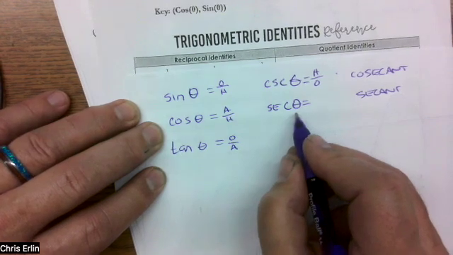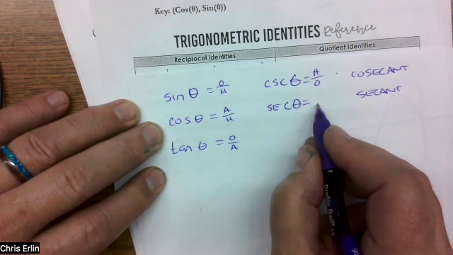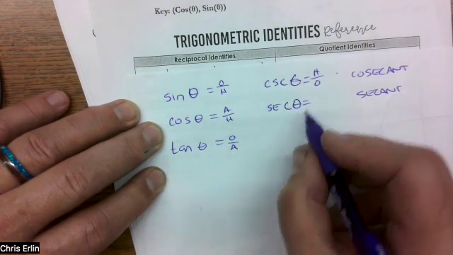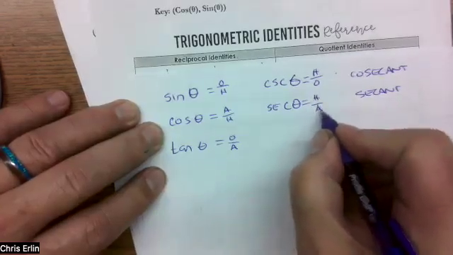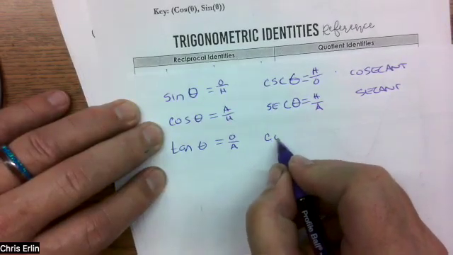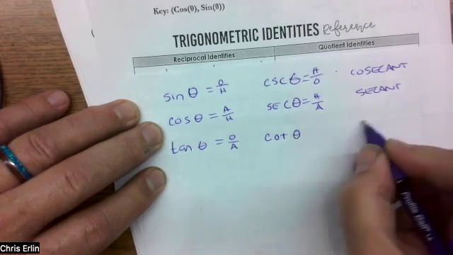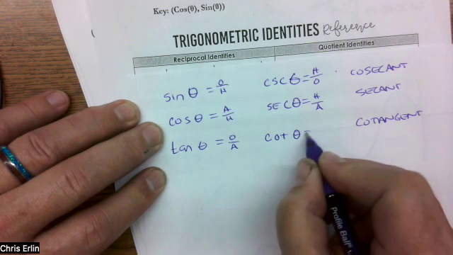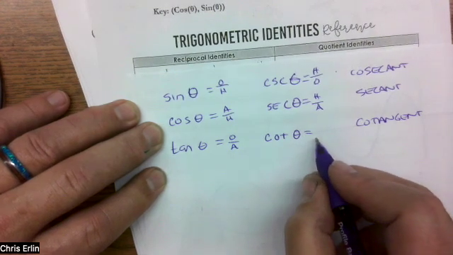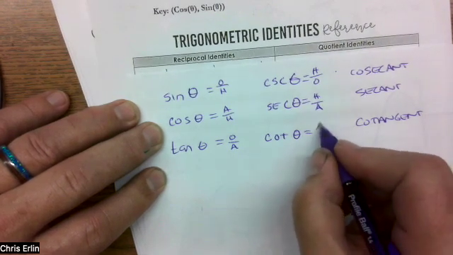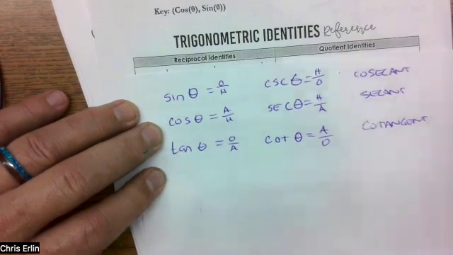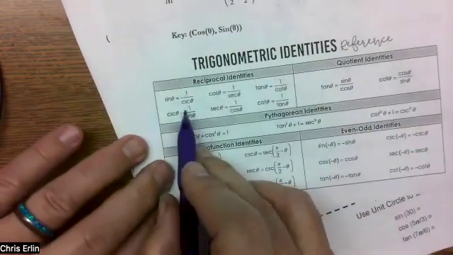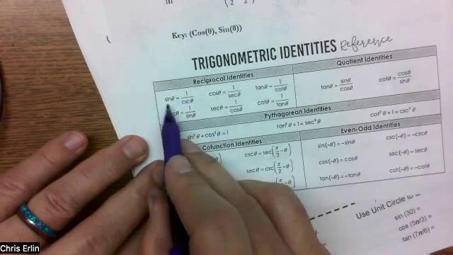So what do you think secant of theta is equal to? Opposite cosine. Okay, which would be what? H over A. And then cot, or cotangent, is equal to what? A over O. Good. So what you'll see is these reciprocal identities allow you to say that sine is 1